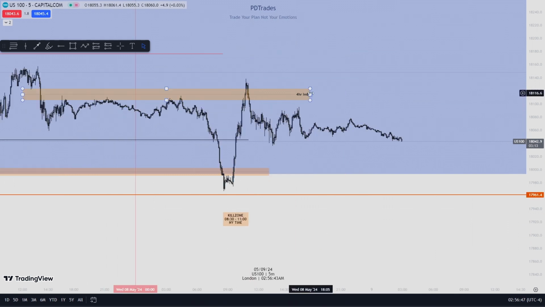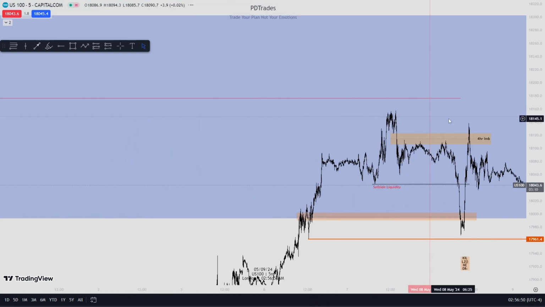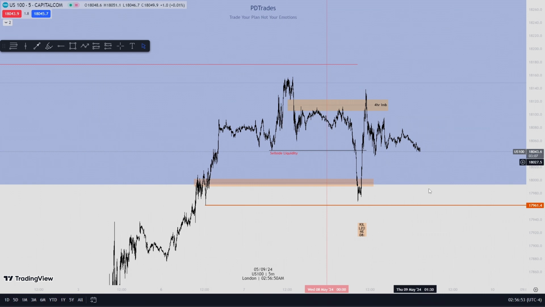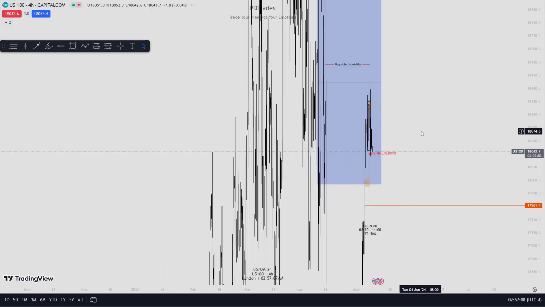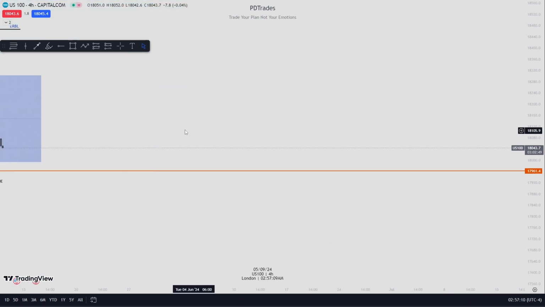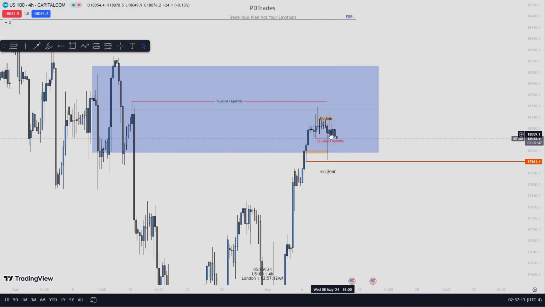So right now, it showed me that, okay, it really wants to start selling. But I don't know, man. I don't know. Especially on US, on Nasdaq. Look at this, bro. Yeah. So it's preparing itself for a big move. So we want to see what price does from now. It's crazy.